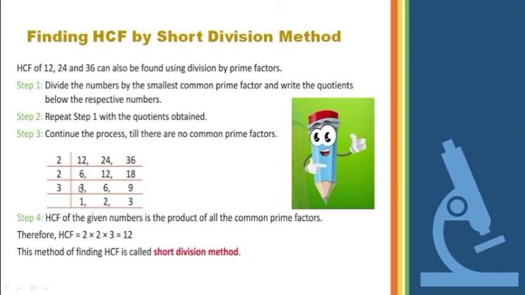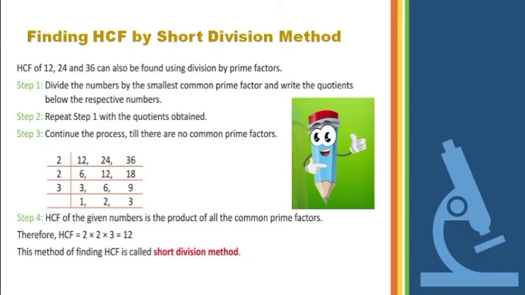Leave it. Now check 3, 6 and 9. Again if I apply a table of 2, 3 doesn't come in the table of 2, 9 doesn't come in the table of 2, only 6 is coming. So we can't divide it. As per the rule, we must have a common prime factor. So here we are not having a common prime factor. 2 is not related to common 1. So go to the next prime number 3.